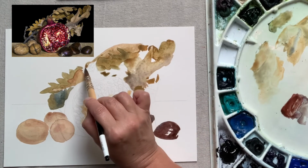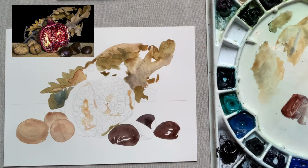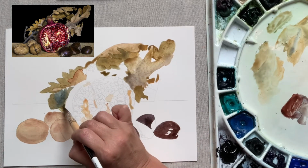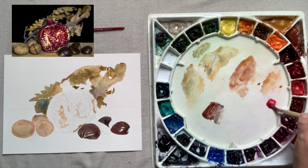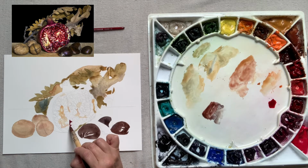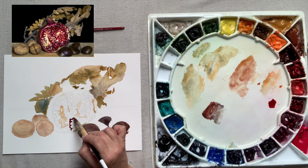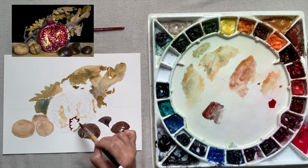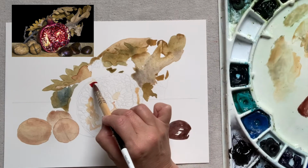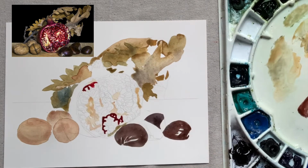So again, I'm at a point where I need to let these sections dry, and I'll turn my attention finally to that pomegranate. I love that pop of alizarin crimson right in the middle of this still life. And because it's quite dark, notice how thick the paint is on my palette. I've made a small puddle and it's just straight alizarin crimson. And I want to show you, let's get up closer, how I'm painting the red parts of the interior of